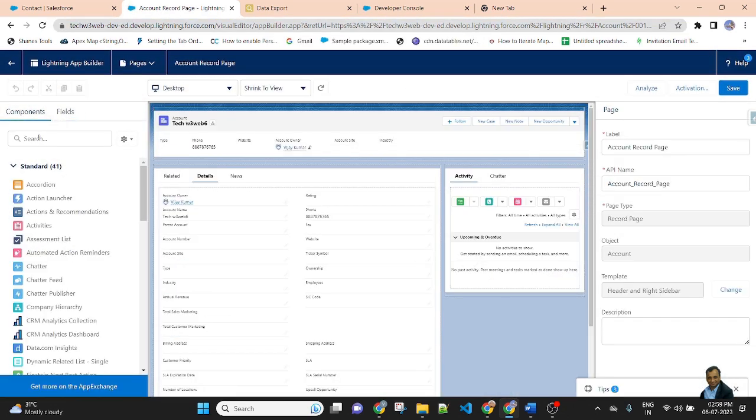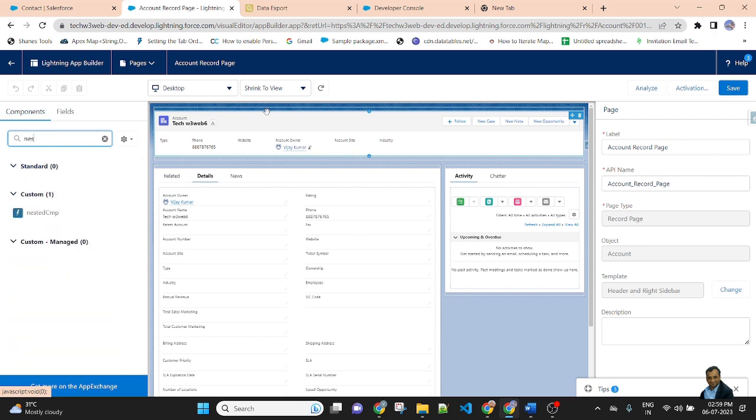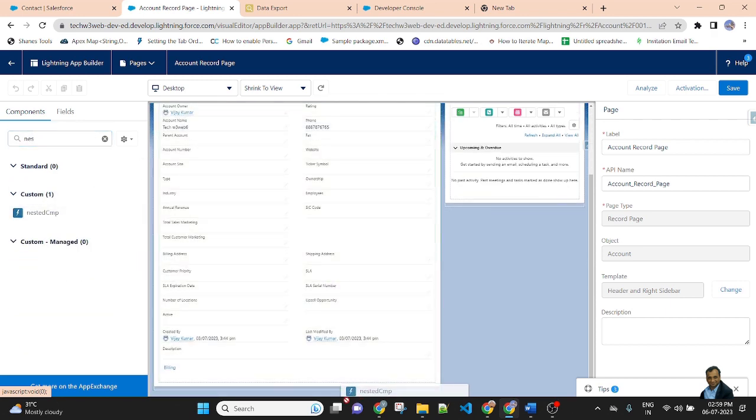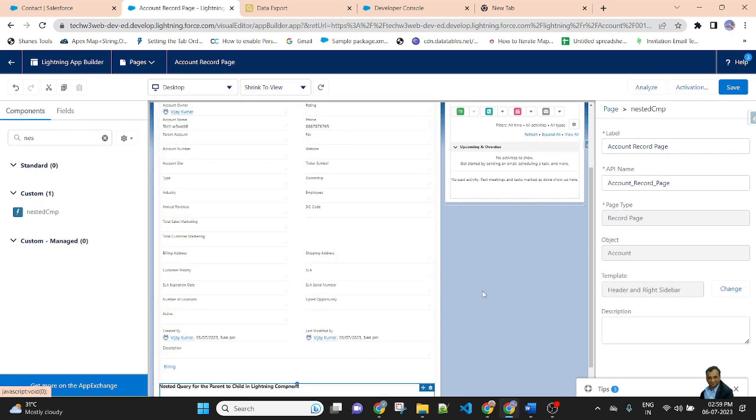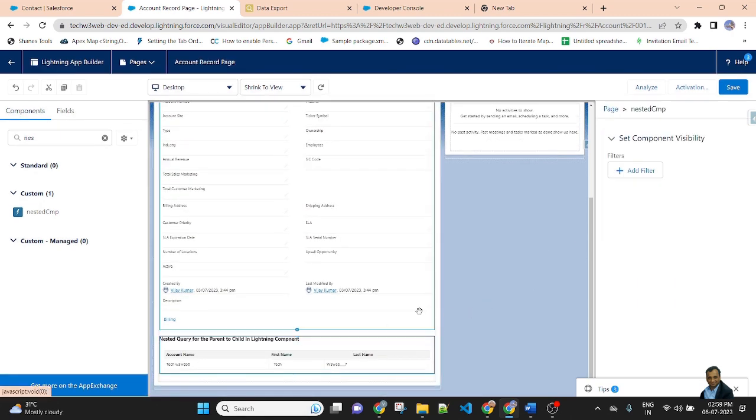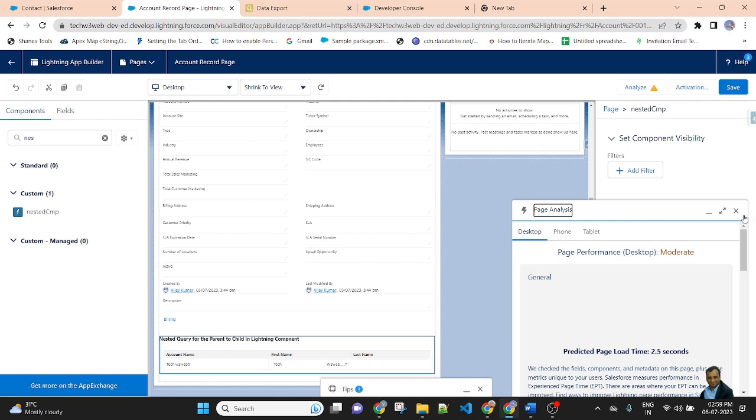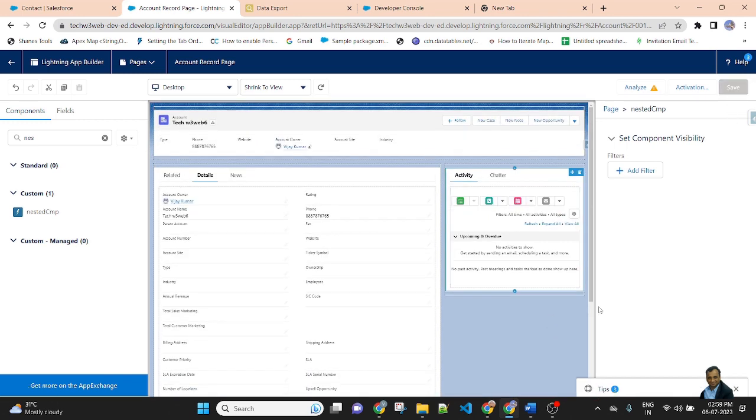Now I am calling once again. So I'm selecting my component name. My component name is nested CMP. Select the component and drag and drop here. This time I did not get any error. Then save.